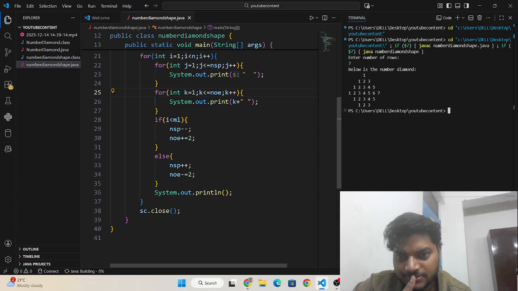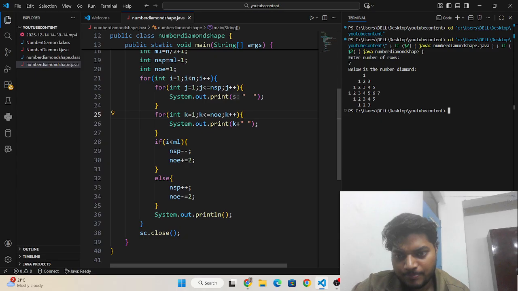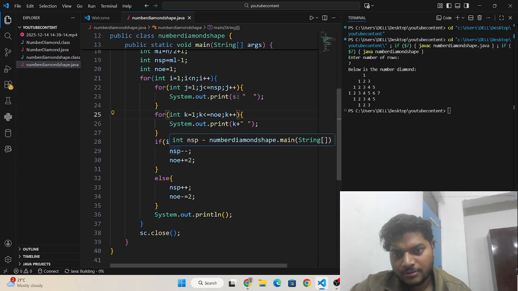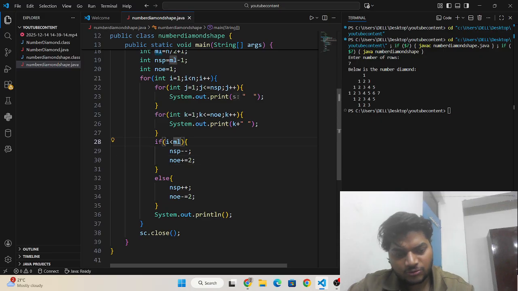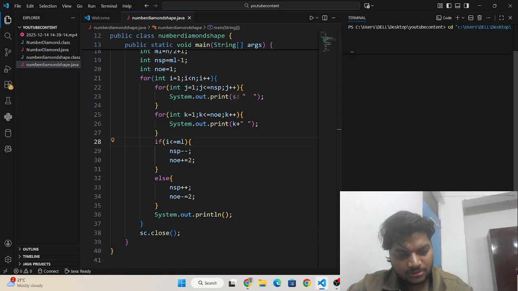What is the error? The number of elements is decreasing by 2. The number of spaces is increasing. So here I need to write, I think, equal to. 7.